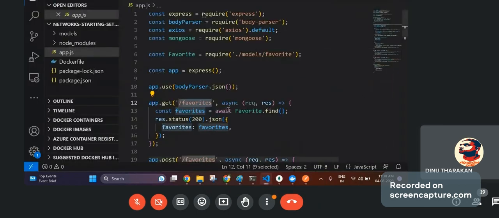Basically, any application requires certain parameters to work. You are getting a requirement from the client that they want an application which goes and fetches movie details from a third-party URL, and the customers can update their favorite movies to our database. That is the requirement which you are getting from the client.